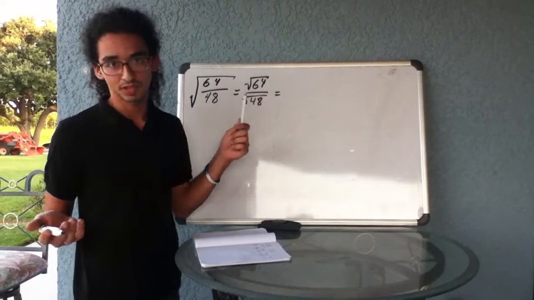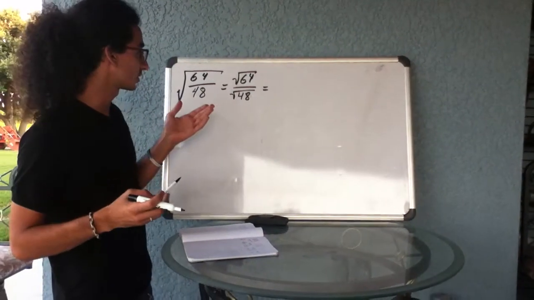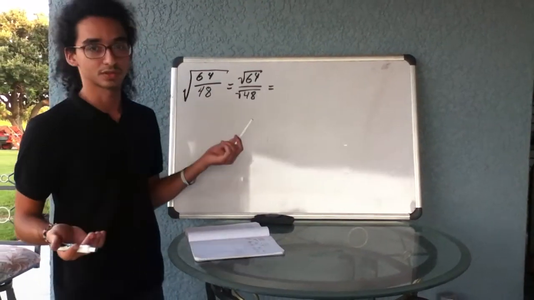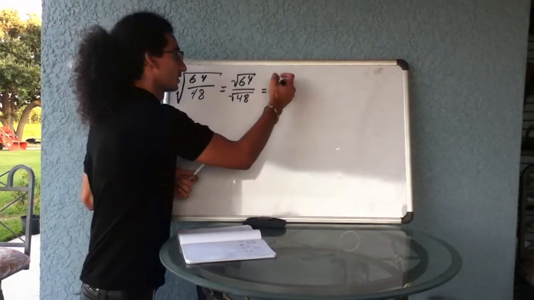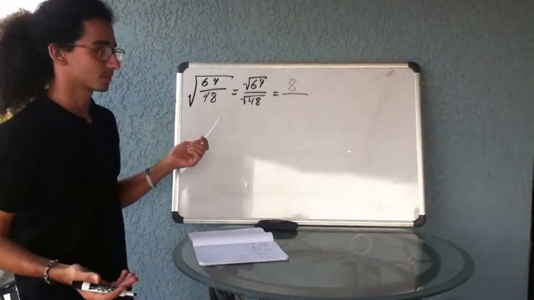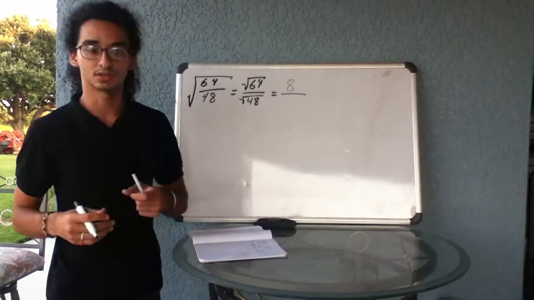So you pick, do the numerator or the denominator, and I'm going to go with the numerator because it's a perfect square. The square root of 64, it's obviously 8, so that's just 8 times 8 is 64, so the square root of 64 would just be 8. Now the bottom, the denominator,